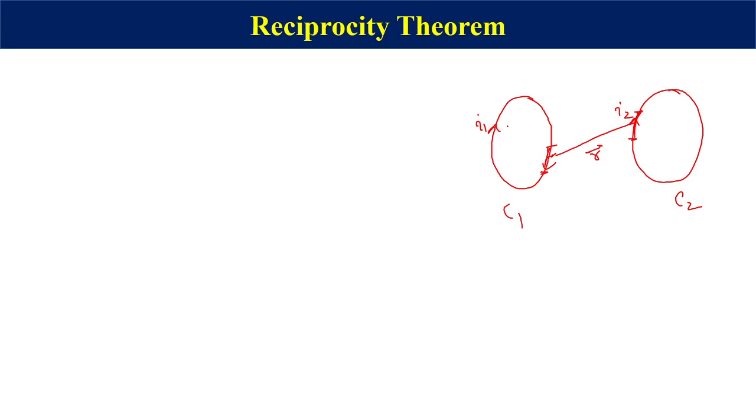So how are we going to proceed? We are going to first find the magnetic field because of the current I1, and that magnetic field will change once we change this current I1. As a consequence, the magnetic flux linked with coil C2 will change, and because of this we get a mutual induction coefficient. That's a common thing. So the magnetic field at any point R. Now we will use the Biot-Savart law. According to the Biot-Savart law,